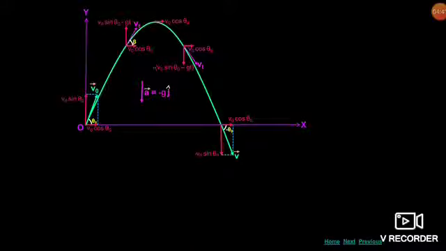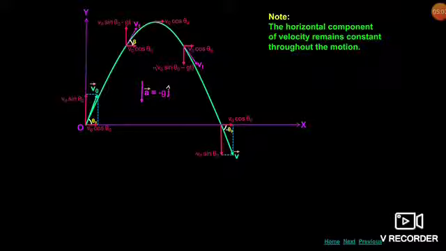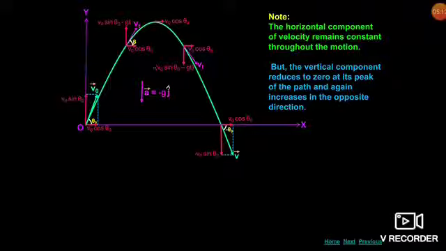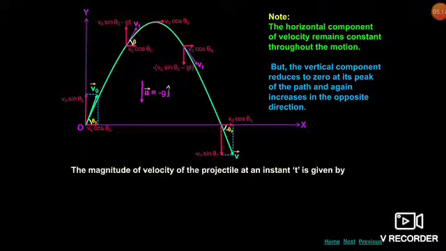Now in the next figure, we can see in the xy plane the velocity components at different points, when the body is going up and when the body is going down. If you see the last one, where the body is reaching the ground, it has two components. One is V naught cos theta naught and another is minus V naught sin theta naught. The horizontal component of velocity remains constant throughout the motion, but the vertical velocity component changes because of g. I told you earlier also.